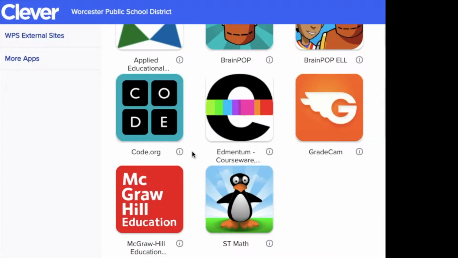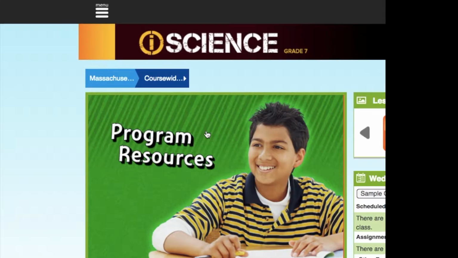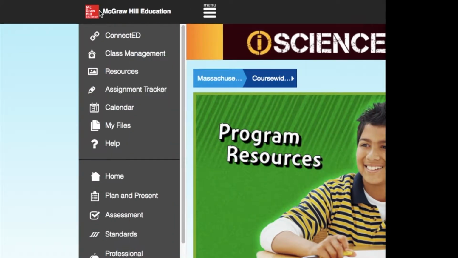To get to the McGraw Hill Science resources, you need to log in to your Clever site. Once you're logged into Clever, look for the McGraw Hill icon. Once you're logged in to your ConnectEd account, go ahead and click on the Massachusetts iScience Teacher Edition for the grade that you're teaching. Once inside the Teacher Edition, you're going to look up here in the menu, select Menu,